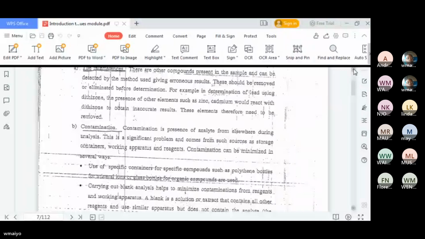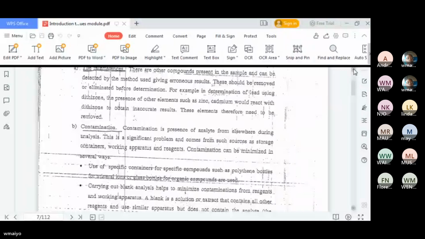Then the other challenge, I think, you are told, is sample loss. It is common in trace analysis, and this can be as a result of sticking on the walls of the container and so on. Right. So I think the other things are theoretical. Then